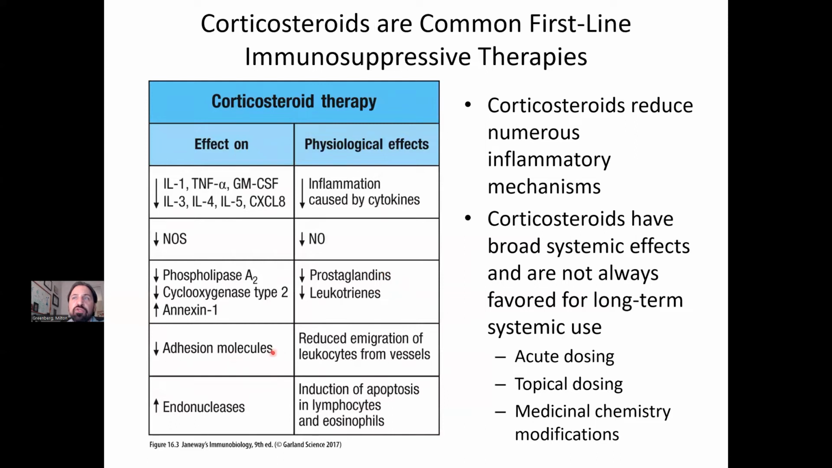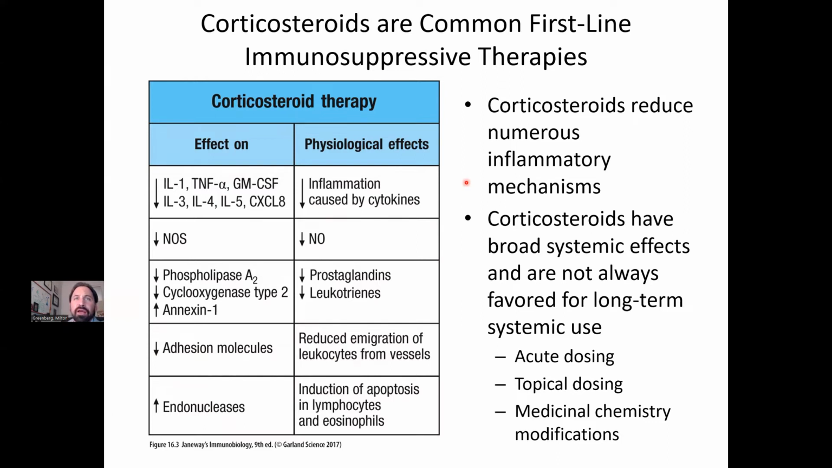We also have a drop in adhesion molecules, which will cause less inflammation because we're getting less emigration of leukocytes from the vessels. And it's going to increase expression of endonucleases. That's going to help drive death of some of our immune cells. So these corticosteroids are working by numerous inflammatory mechanisms, but these corticosteroids